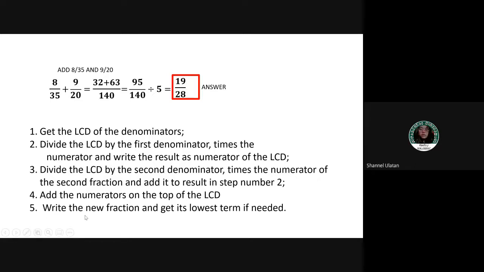Add the numerators on the top of the LCD. So, i-add lang natin yung numerators. So, 32 plus 63, that is 95. After adding,